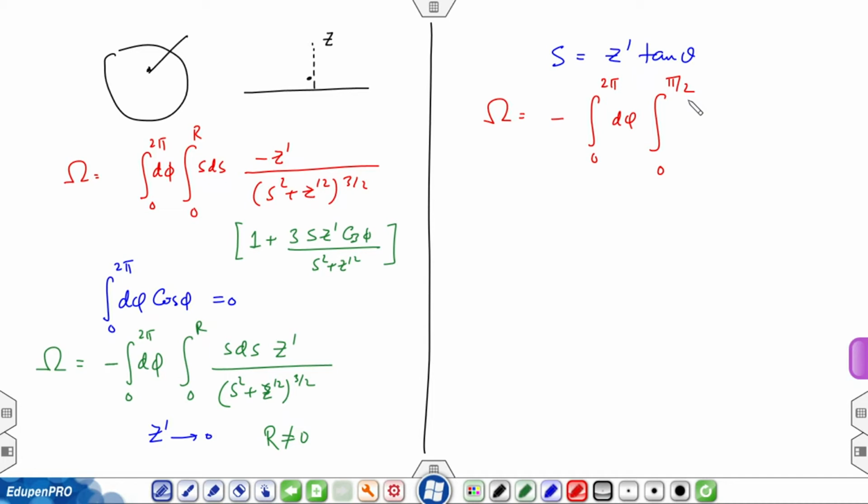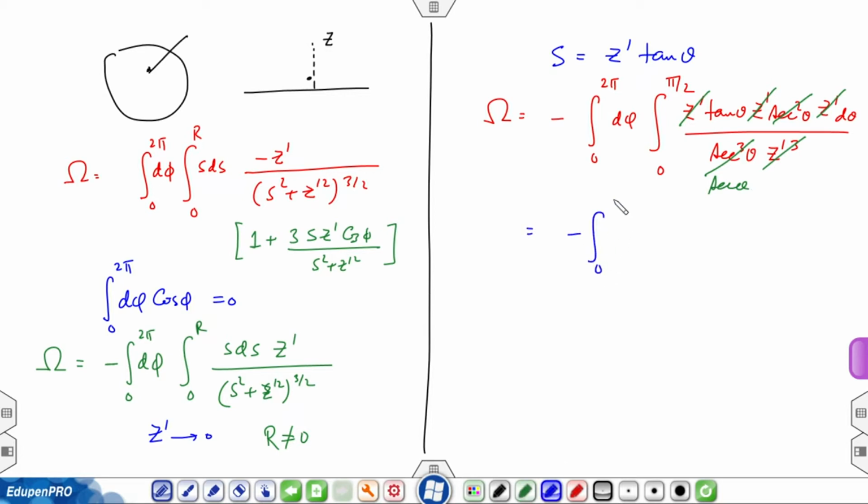So, tan theta becomes infinity, theta becomes pi by 2, and I have z prime tan theta, z prime secant square theta, z prime d theta divided by secant cube theta, z prime cubed. Now, I can cancel terms. Z prime cube cancels with this, secant square theta gives me secant theta, and this comes out to be